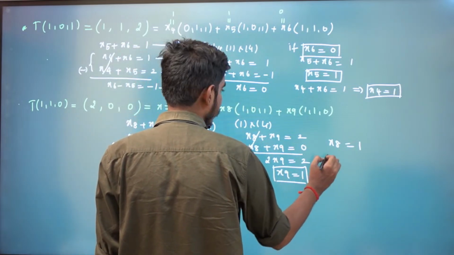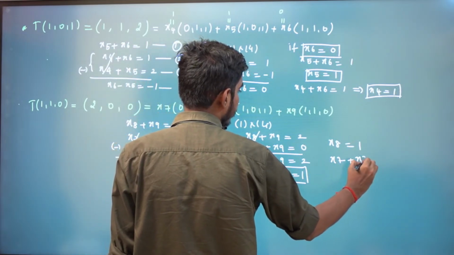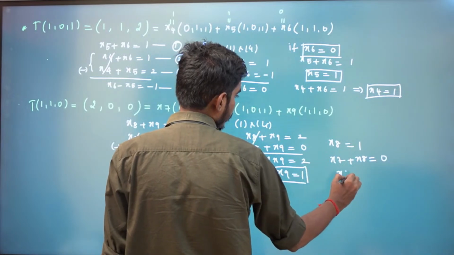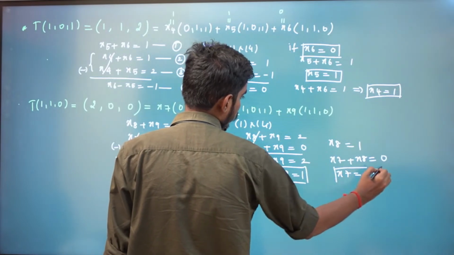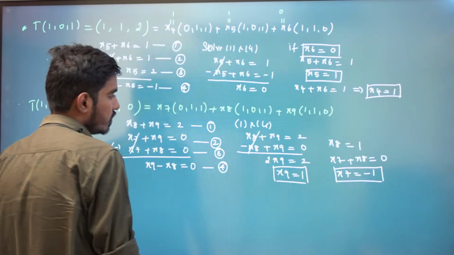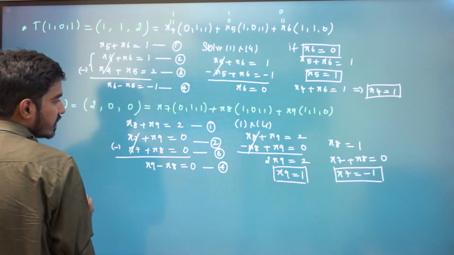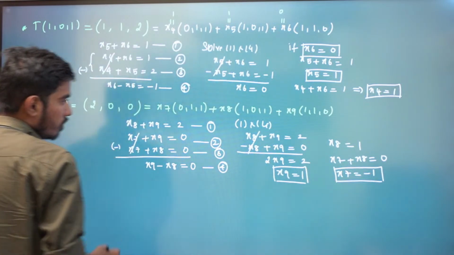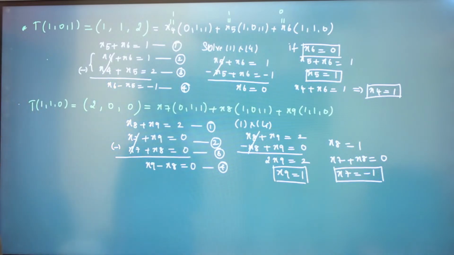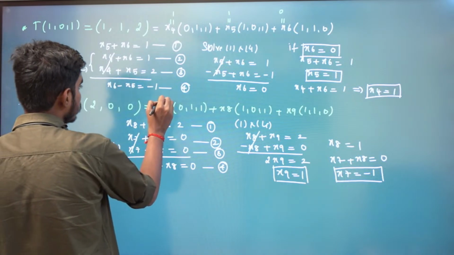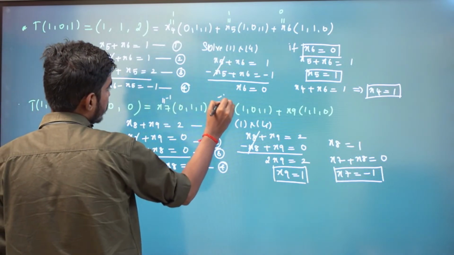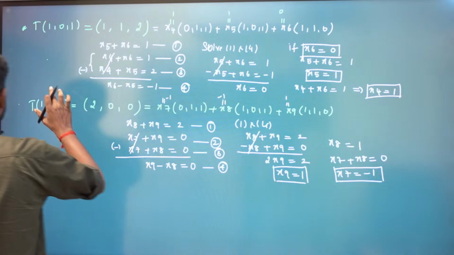And what about x7? x7 plus x8 is 0. So x7 is equal to minus 1 because x7 is minus of x8. So our x7, x8, x9 will be minus 1, 1, 1, right? So this is minus 1, this is plus 1, this is plus 1. So therefore,